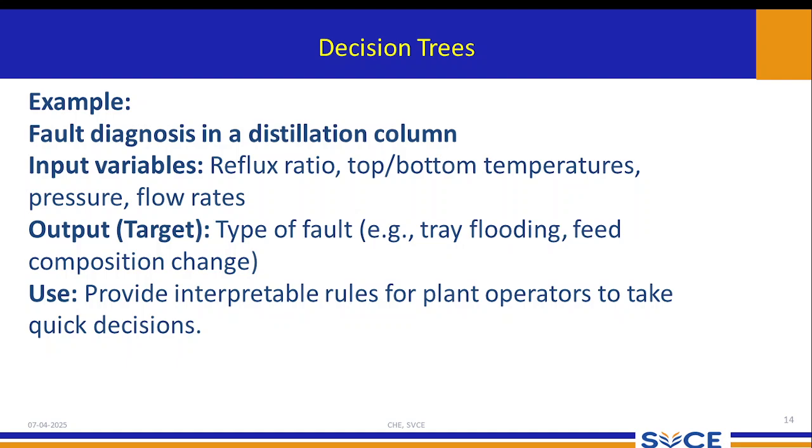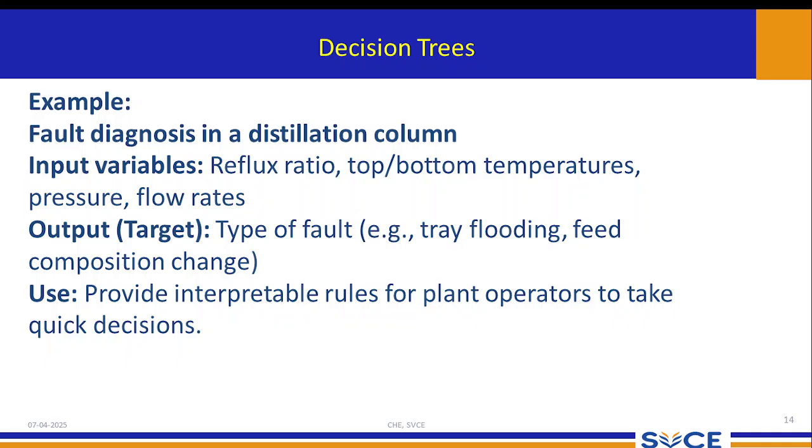and the top and bottom temperature. Obviously in a column the top and bottom temperature will vary because the reboiler is kept at the bottom, so the temperature at the top will be lower compared to the bottom. Then the pressure, whether it is maintained the same throughout the column or varies. Usually it is a constant pressure system, so the pressure is maintained throughout the length of the column. Then the flow rate, how much is coming through the feed location. The output is the type of fault, whether tray flooding or feed composition change,